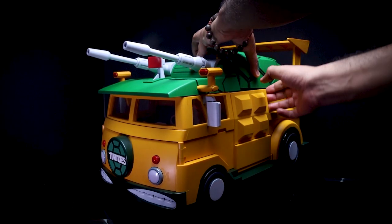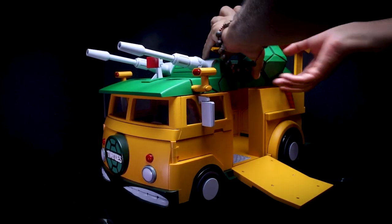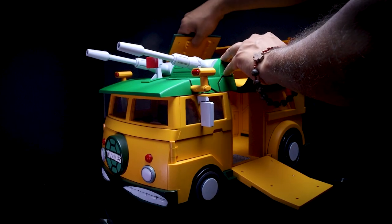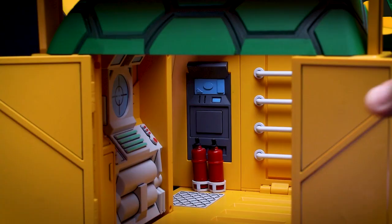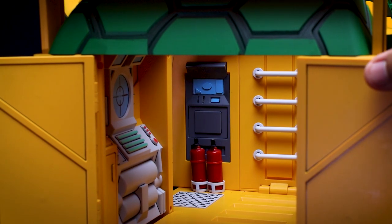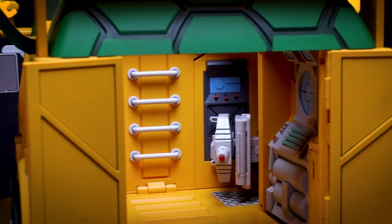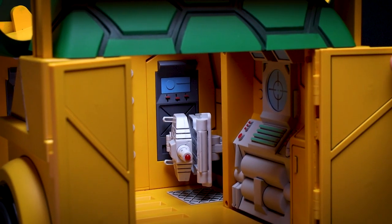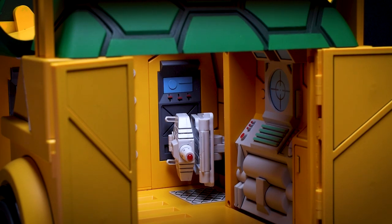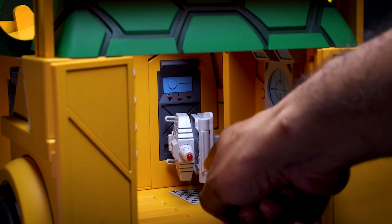I was able to repaint the roof, and then also outline the details inside. There's a couple of consoles back there, some command centers with digital dashboards and whatnot, and I was able to outline those details just to make this portion of the van pop out. Then to the doors, then to these other pieces, the floor,